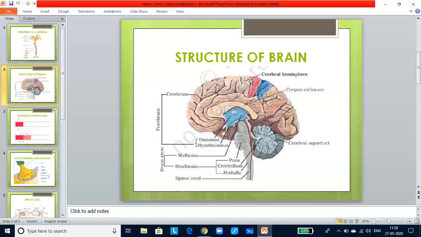Cerebrum is the largest part of the brain, covered by the cerebral hemispheres. The roof of the cerebrum is the cerebral cortex. Cerebrum leads to consciousness and storage of memory or information. Thalamus is for integration of sensory impulses sent from sense organs like ears, nose, and skin. Thalamus deals with pain, pressure, and temperature.